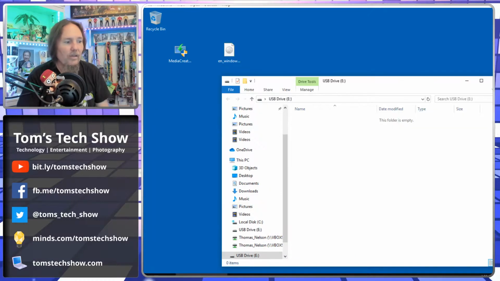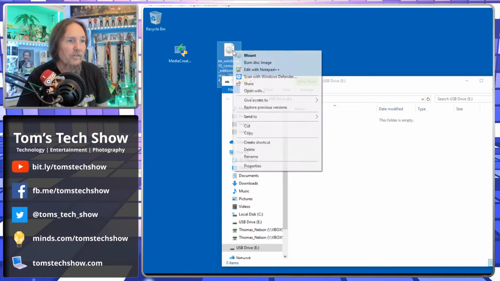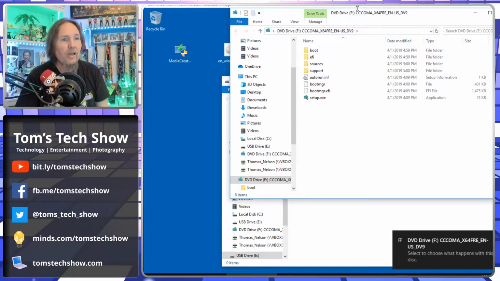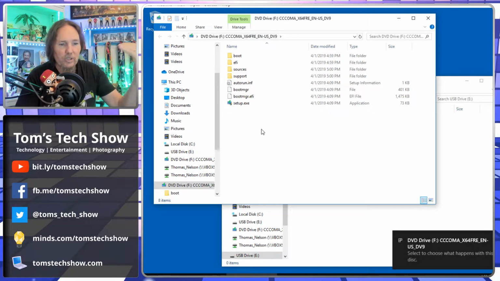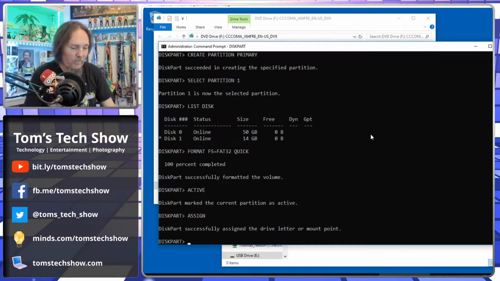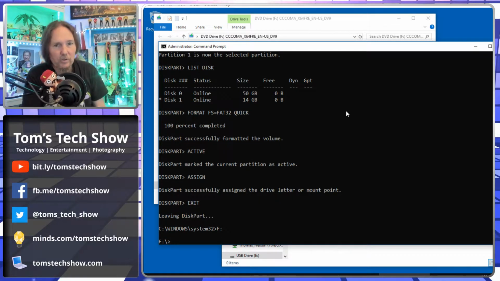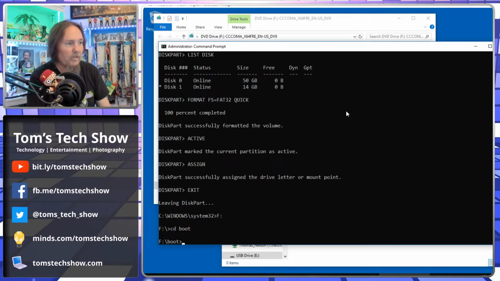Okay, now there are a few other commands that we need to run here. Now that we have it here, I need to take my ISO file and mount that. So now I have the ISO file mounted. In Windows, you can right-click and click mount, and that will mount the drive. Now we can exit diskpart. In this case, my CD ISO file is F. Go to the boot directory